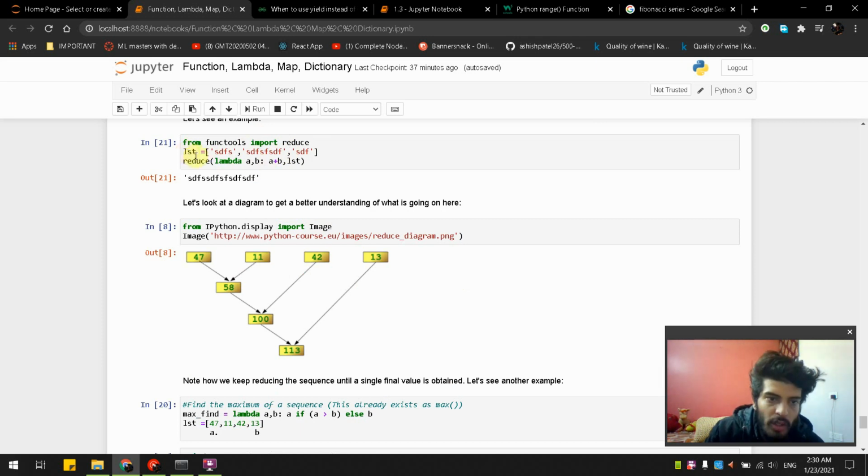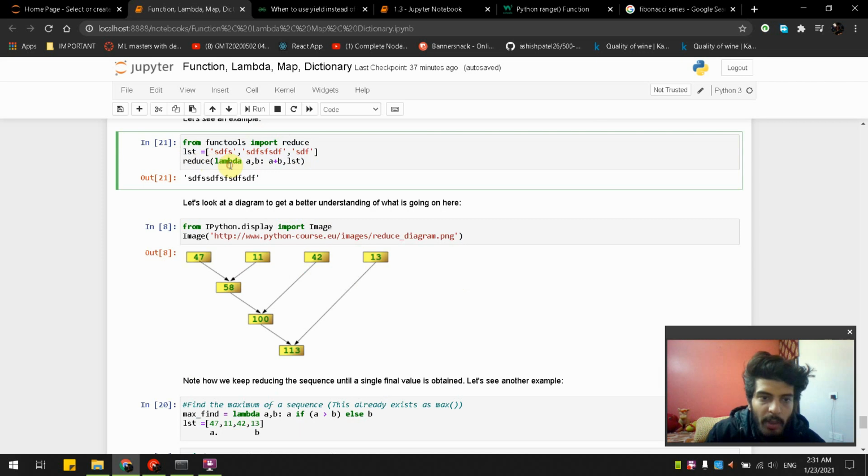So what we are using is, we have a list which is over here, and we have a reduce, and lambda is our function. Lambda is a function which is predefined in Python. It converts two or three lines of code into one. So now we have a, b, and a plus b, then the list. What it is actually doing is, this is our function, which I have selected, and this is our sequential iterable, like that we have done in our map function.